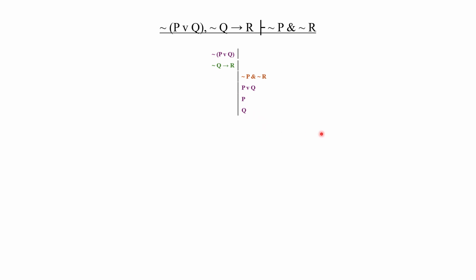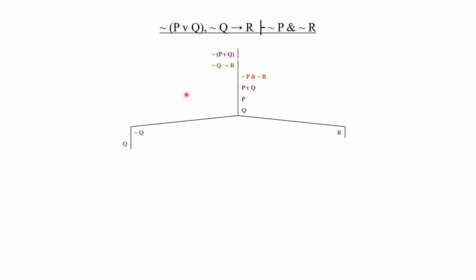So we can move on to our next one, this tilde Q arrow R. If an arrow's on the left hand side, so if a conditional statement is true, that means either the left side is false or the right side is true. So that's why the tilde Q is on the right hand side here. So right hand side's false, left hand side's true. So tilde Q on the right, R on the left. And then we just need to flip this tilde Q across to get rid of that tilde,